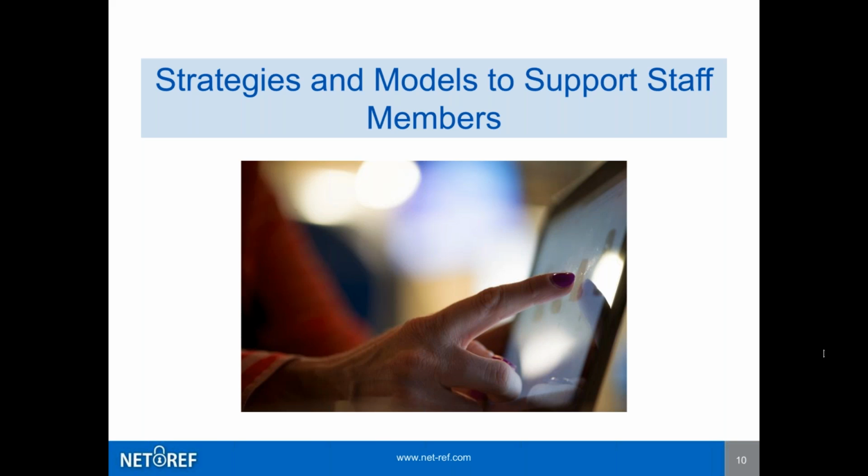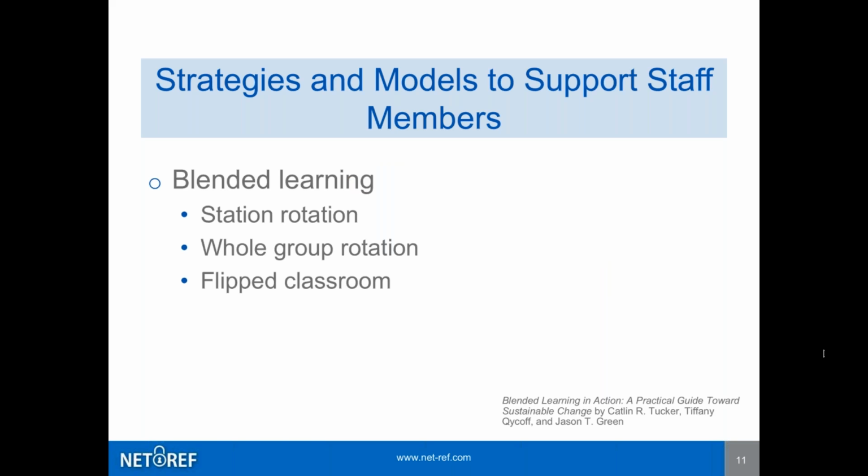But we're going to focus right now on thinking about a very popular model for technology integration that comes back to our big idea on being prepared for no matter what type of devices you have, and being responsible for a rollout and support for staff members as that is happening. So we're going to look at some different types of blended learning models for bringing technology into a classroom, whether you have one device for every student, 4, 5 devices in your room.